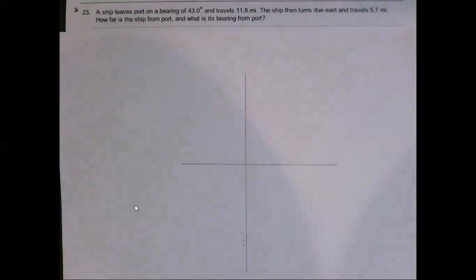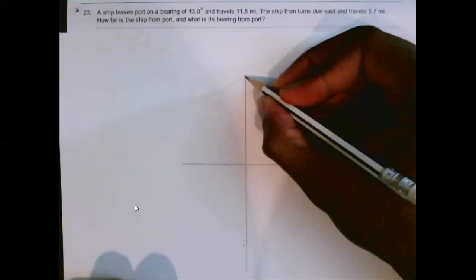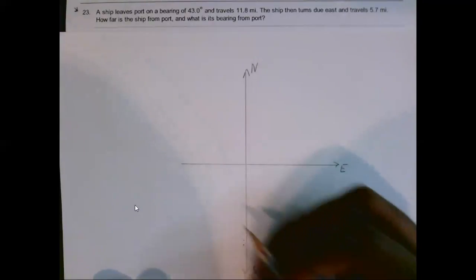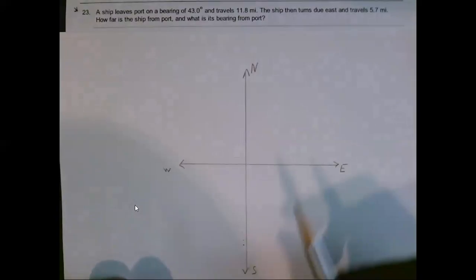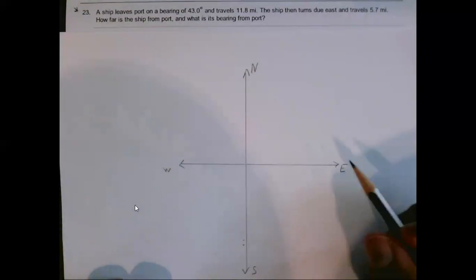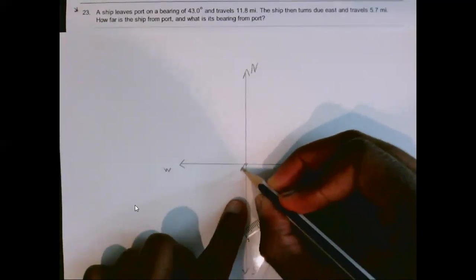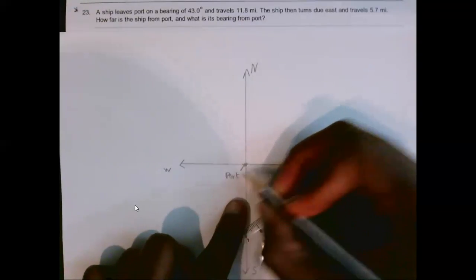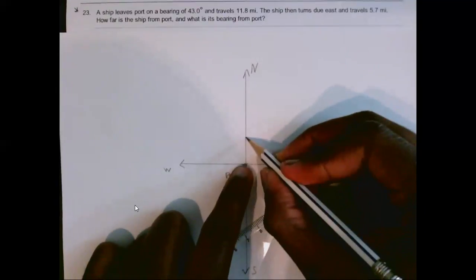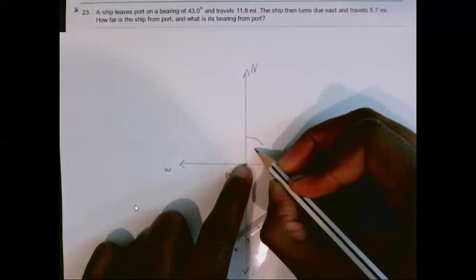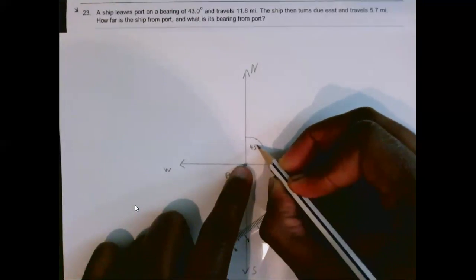So problem number 23. A ship leaves a port on a bearing of 43 degrees. So let's represent everything. This is the north, this is the east, this is the south. Basically angles, deviation. So let's represent the port being at the center. This is the port. So the deviation from the north is 43 degrees, and it travels about